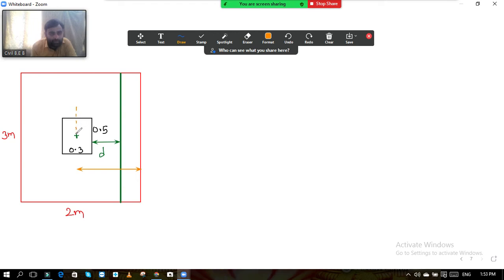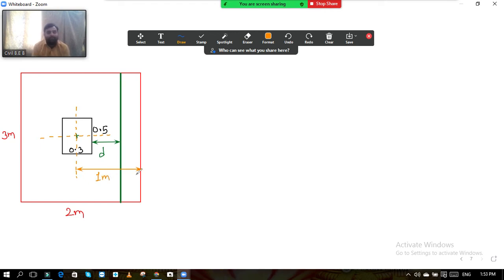I will show you the line, dotted line, from this point. This total dimension I want. What is the total dimension? Can you tell me how much this is? This total is 1 meter, right? I can write over here, this is 1 meter. Am I right?